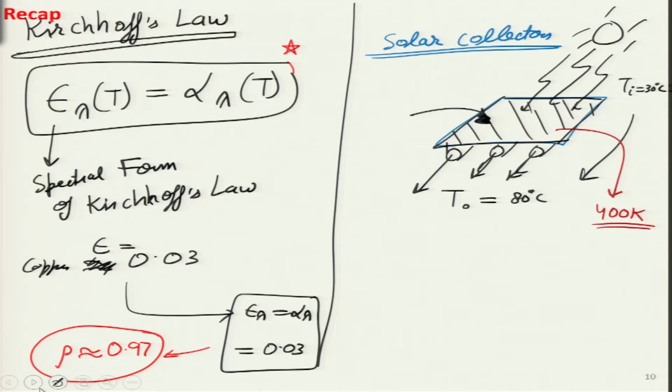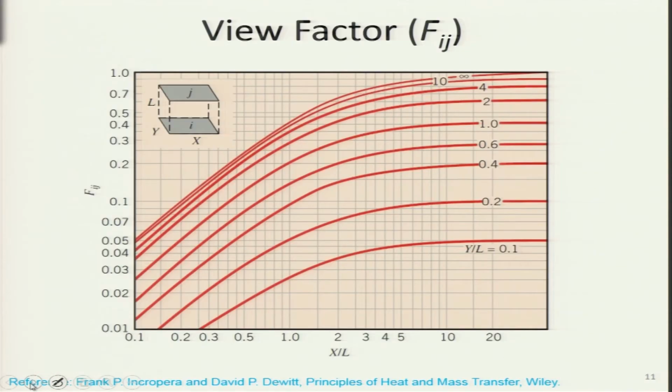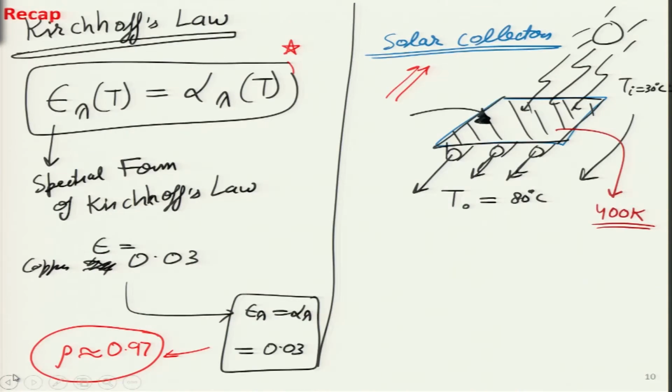And we finished off that particular topic with the very powerful Kirchhoff's law, which tells that the spectral emissivity is equal to the spectral absorptivity in the simplest form over here. And I explained then that this law is very useful when we are designing solar collectors, because we want a particular type of emissivity very low and we want absorptivity to be very high.